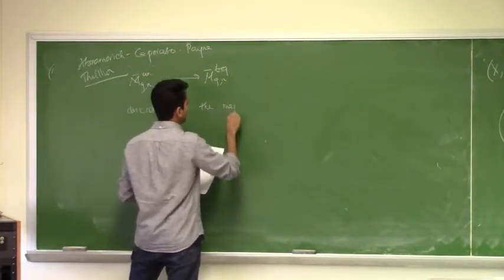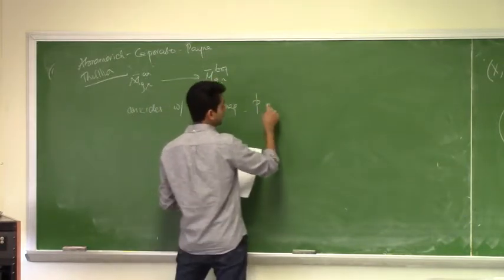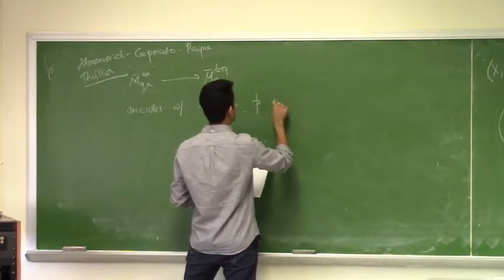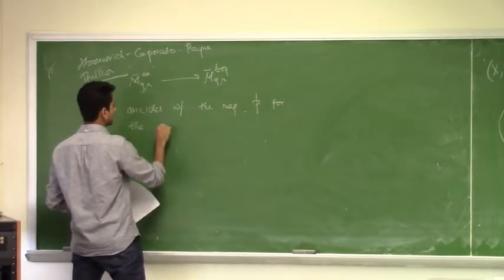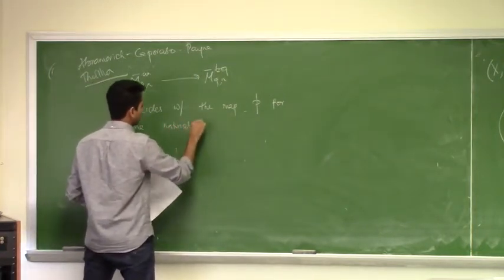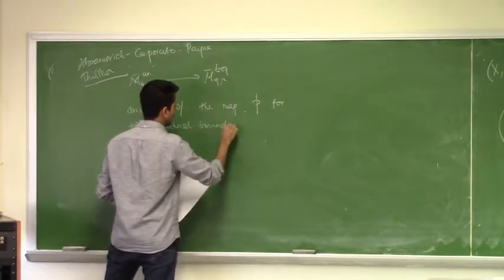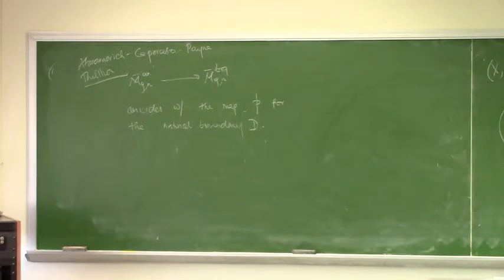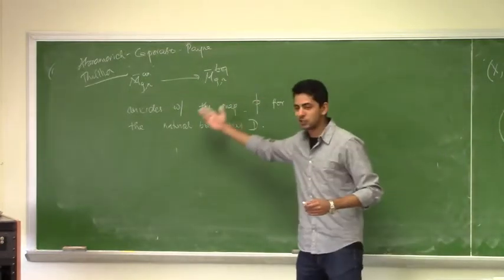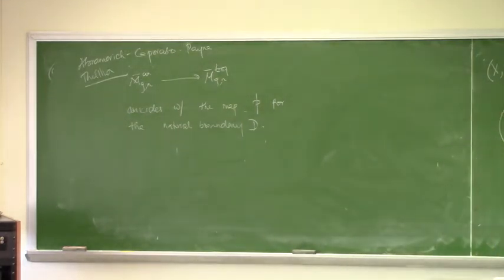the map P there for the natural boundary divisor. Okay, so there's things I'm not saying, of course, right? Because the boundary of M_{g,n} bar is not simple normal crossing, it's normal crossings. So you have to take an étale cover to make it normal crossings and then take a quotient or take